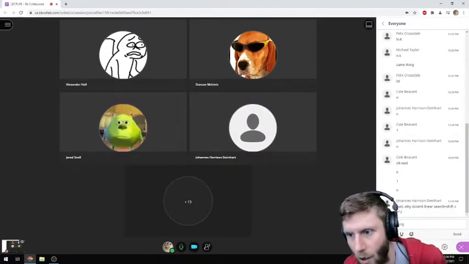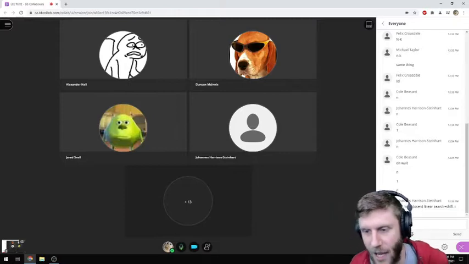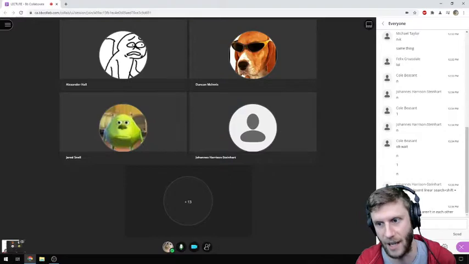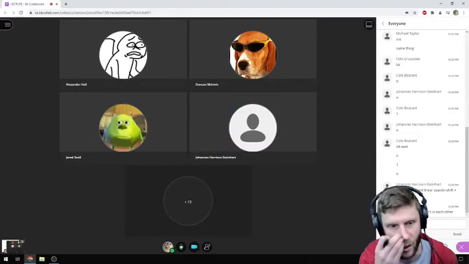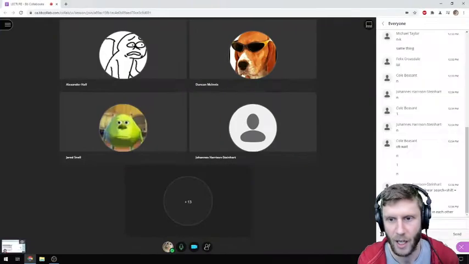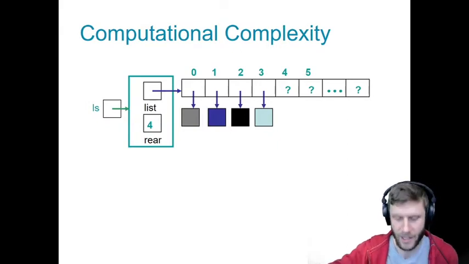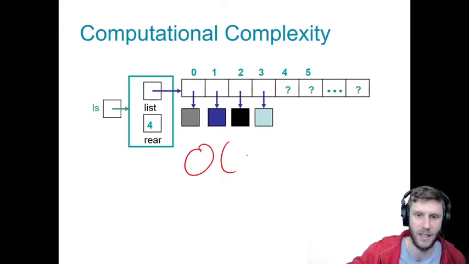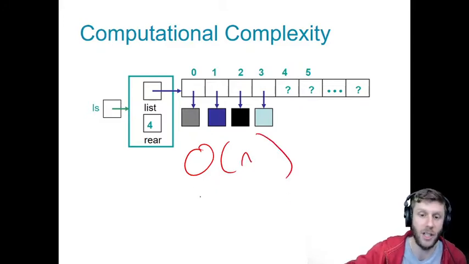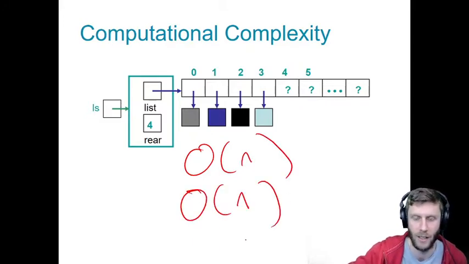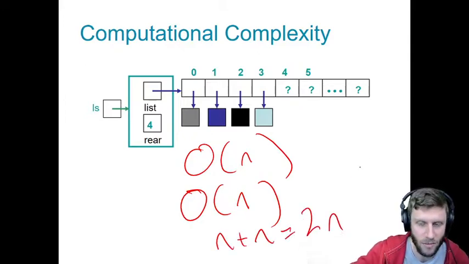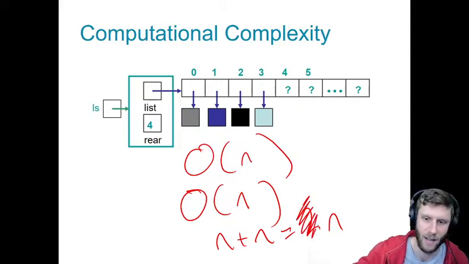Wait, why doesn't linear search plus shift make n squared? Because it's not n times n, it's just n plus n. Effectively, you're right, Cole, they're not looped. So if we did one linear search, how much work is that? Order n. And then if we did a shift, how much work is that? Order n. So at the end of the day, it's just n plus n, which is equal to 2n, not n squared, right? And again, we don't care about that.